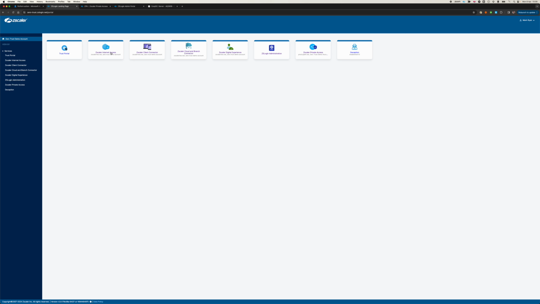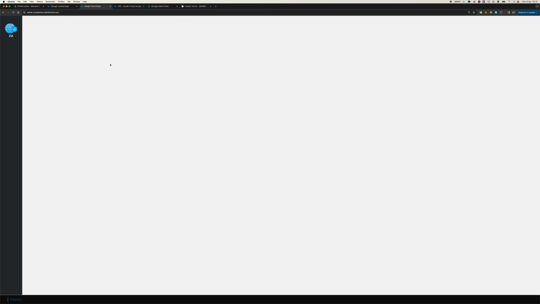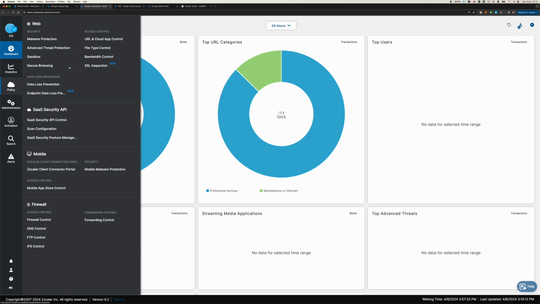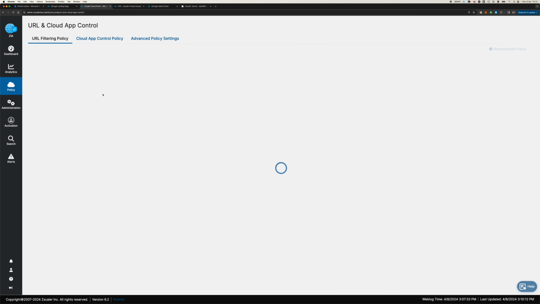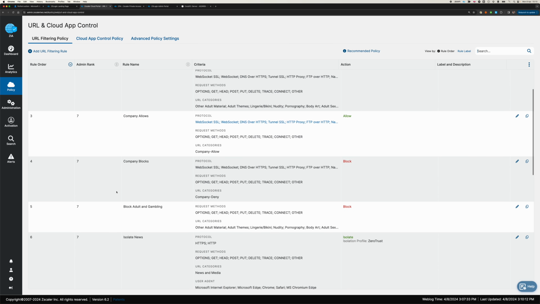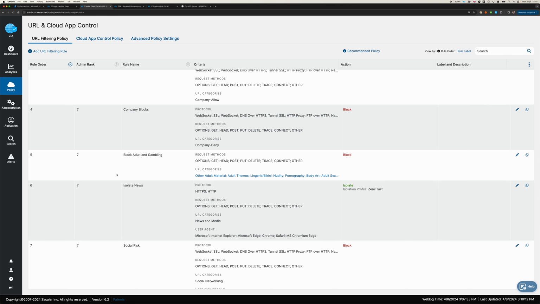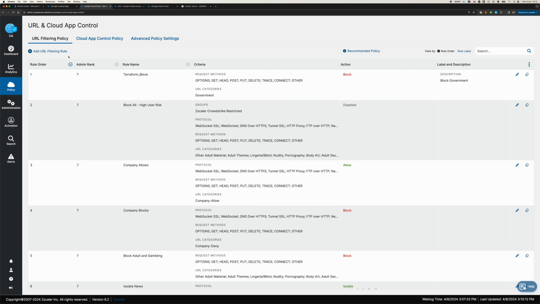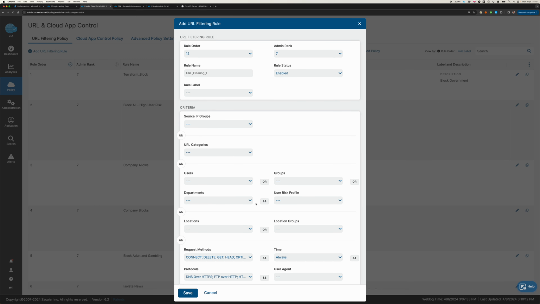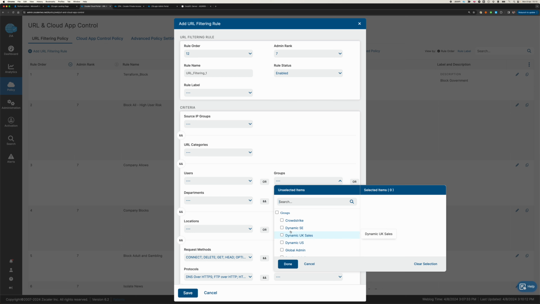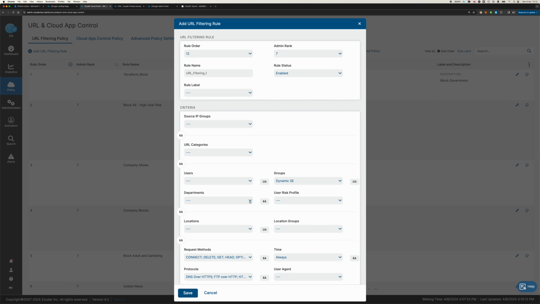So if we come into Zscaler Internet Access, policy, URL Cloud App Control, I can use the department information to apply policy in here based on the groups the user is a member of, dynamic, or the department information,